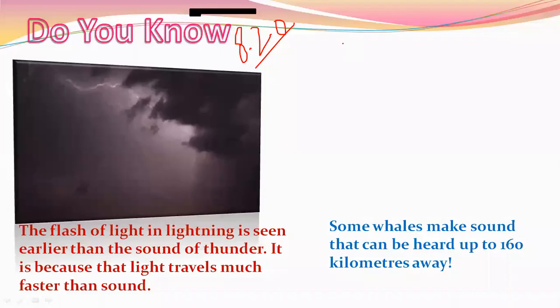The flash of light we see actually comes from the striking of the clouds. They produce it by the rubbing or passing of electrons, that electricity, which is actually static electricity, which you have read about in grade 5. That is called a flash of light in the lightning. It reaches the earth very quickly, faster than the sound. So the sound comes after that, because sound takes much more time, because it travels in waves, and in the air the particles have to strike with one another to pass the sound to our ear.